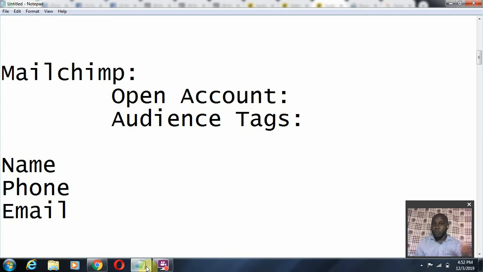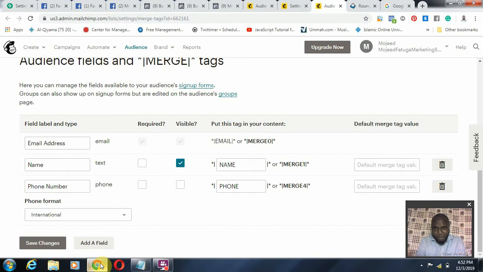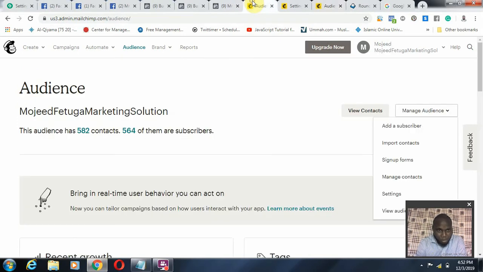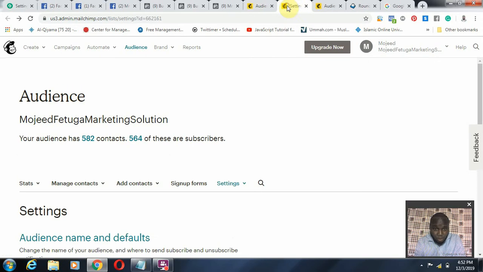If you want to connect Facebook with Mailchimp, you would have to set your Mailchimp audience tags to be only the name, the phone number, and the email address, because you have to select them. So what you first have to do is open your Mailchimp account. This is how it's going to look. Under manage audience, if you go to Mailchimp for the first time, this is what you are going to see. So come to settings, and under the settings you will come to